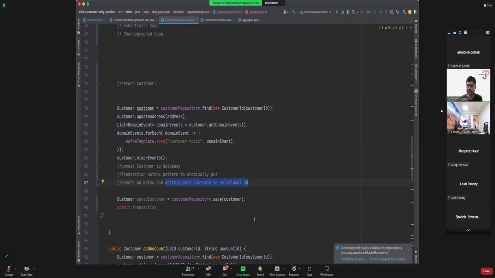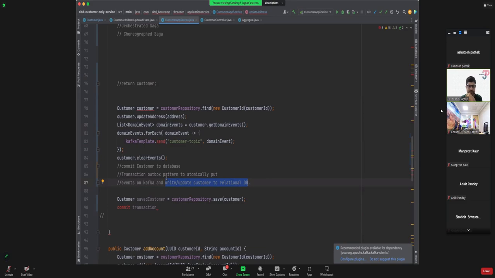The world knows the address changed, and you yourself, as a microservice, do not know in your database that the address changed. Or let's say your database call is successful, but you couldn't let the world know that the address was changed, and then the account microservice wouldn't know the customer address was changed and that it's supposed to update to a new address, right? So really bad things would happen, and that's where the transaction outbox pattern comes in.